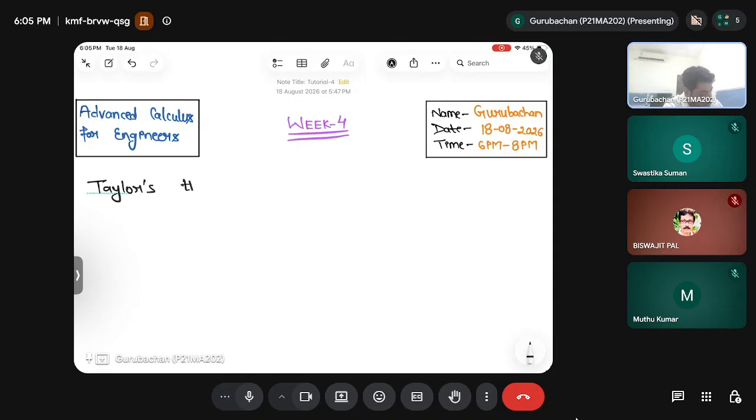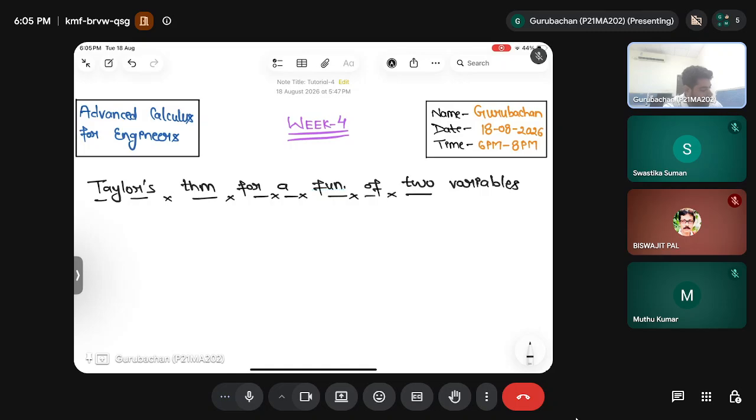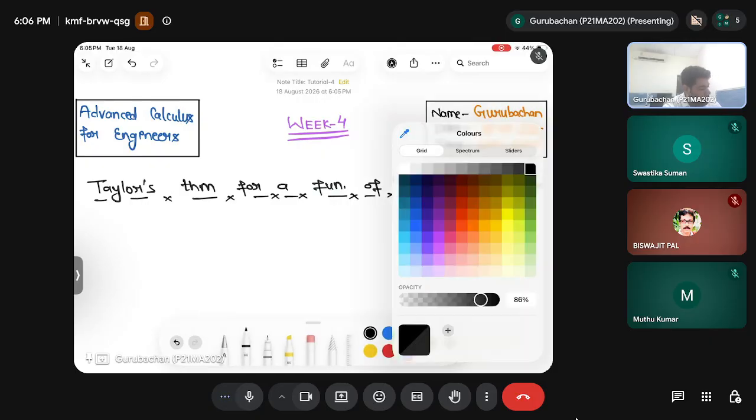Taylor's theorem for a function of two variables. So its statement states that